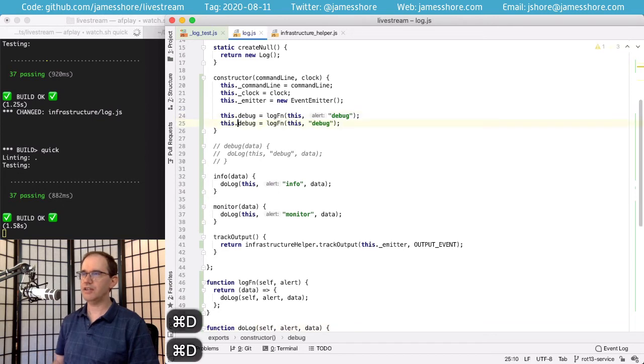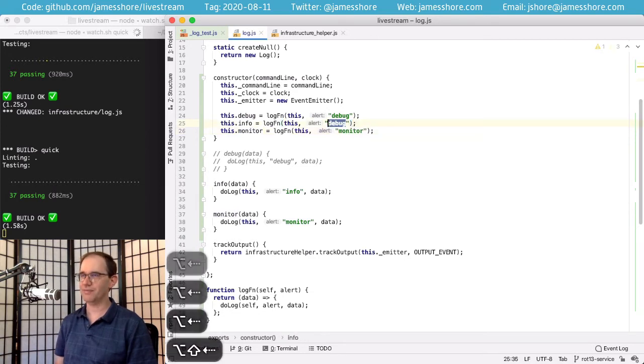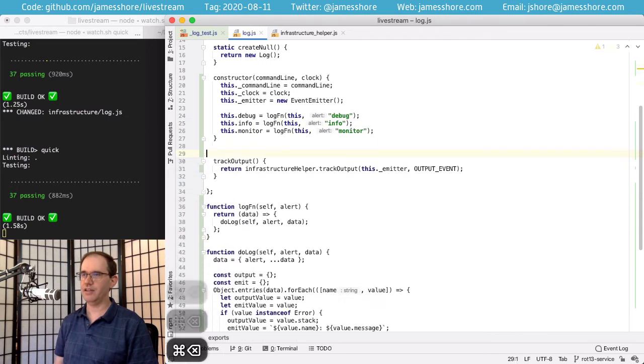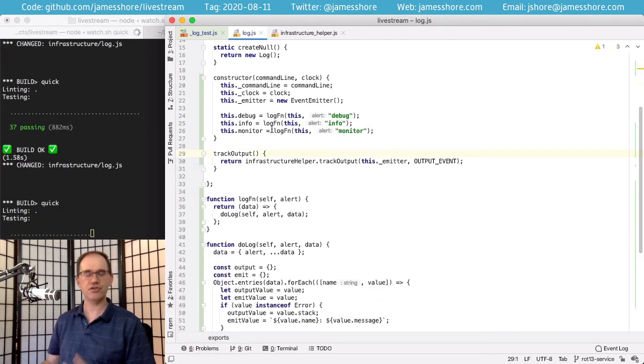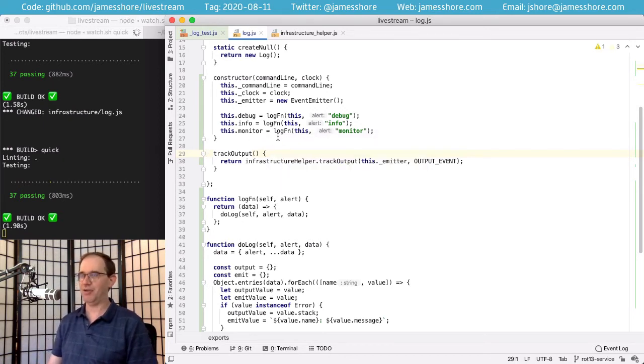And this is just nice. It makes it a little easier to put the alert levels in and to read it. Well, maybe not on the reading it. You'll have to decide for yourselves whether this is too clever or not. If you wanted to be super clever, you could even put these different log levels in an array and then have your constructor loop over that array and define the functions programmatically. And I actually did try that in my rehearsal, but I thought that it made it a little too hard to read, so I'm not going to go quite that far.